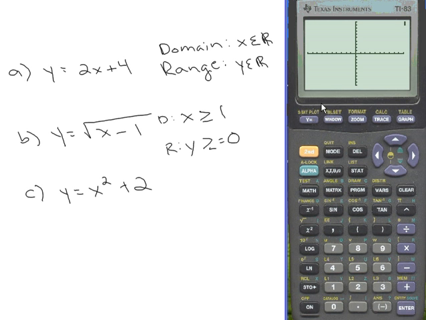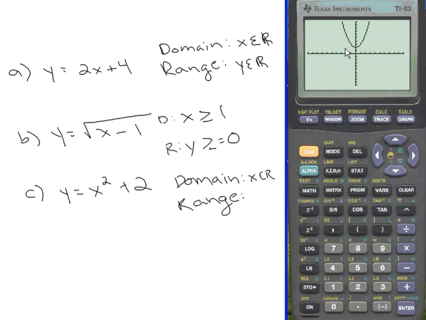So go back to a standard window, and we have to figure out what's that point down there. Our graph keeps getting wider and wider in the horizontal direction, and taller in the vertical. So we know that our x could be any value. So domain, we have x ∈ ℝ, but the range, our y values, although it continues to move on to infinity in this direction, it never goes below that point. So we need to know what is that point. We can calculate that by